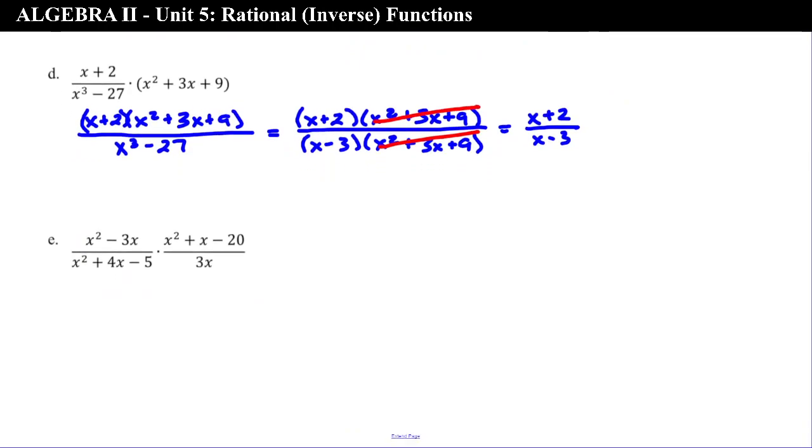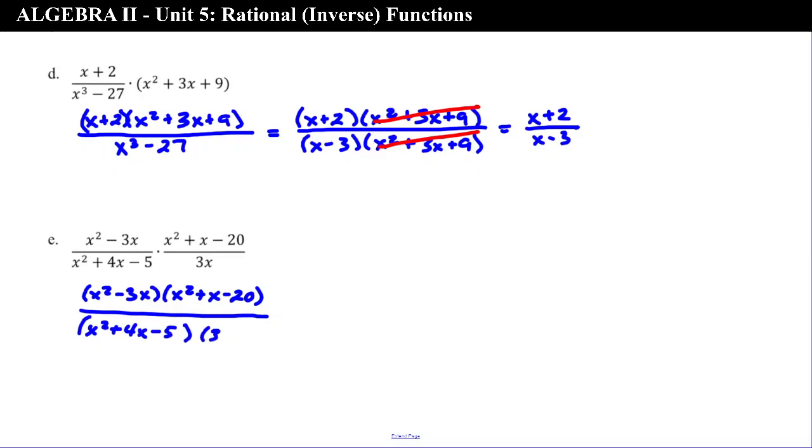And then finally, let's look at E. So for E, again, we are going to multiply the tops. We just start with that. And we multiply the bottom. All right, and that is going to give us,